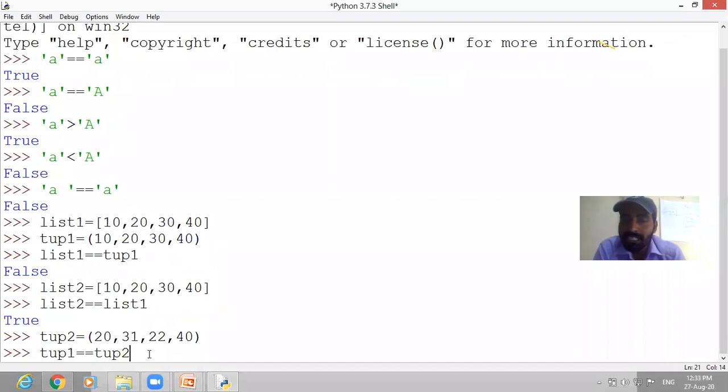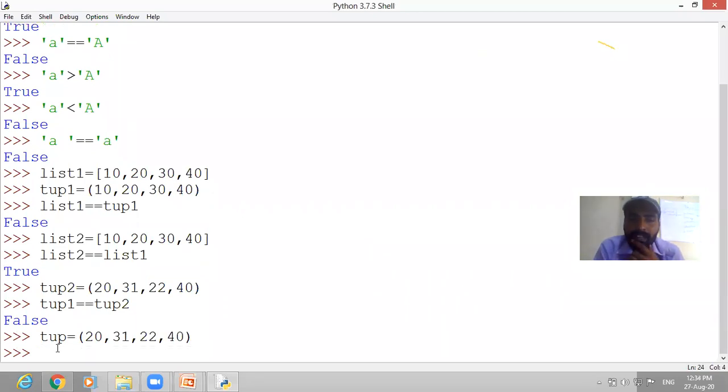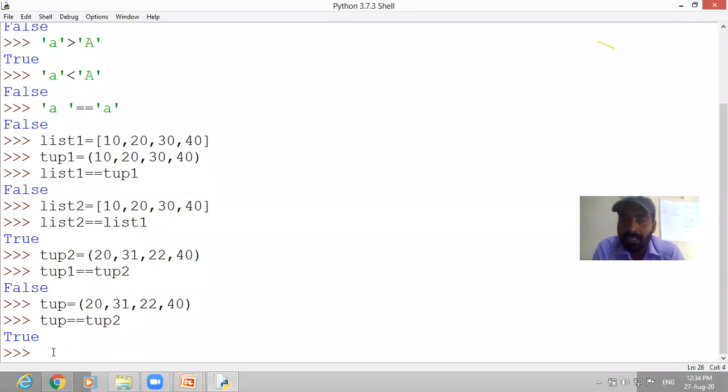What result will it produce? False. But if you write tuple 1 equal to the same values as tuple 2, that is 20, 31, 22 and 40, and then compare tuple 1 and tuple 2 with double equal, you will get a true result.